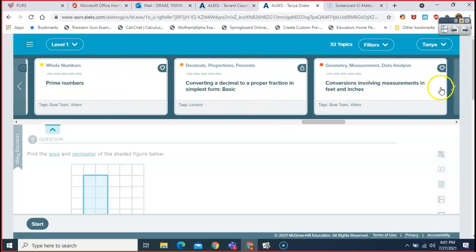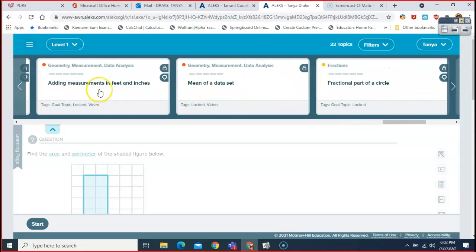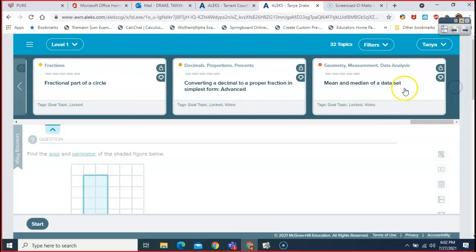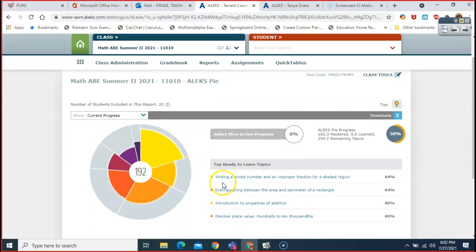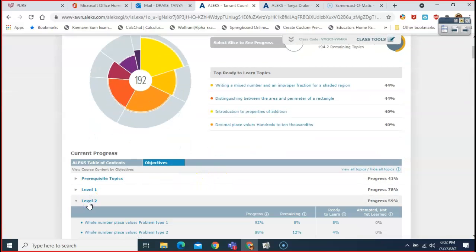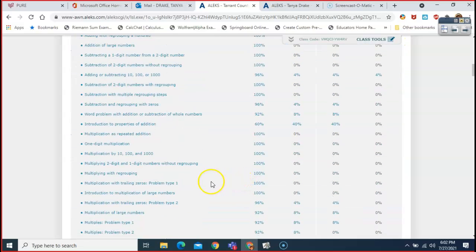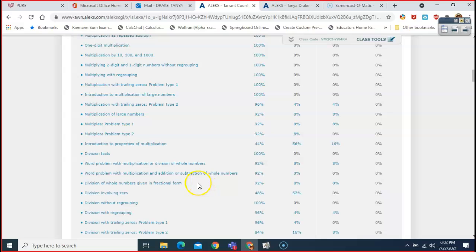I know it's in the geometry. Area. Nope. Okay, that's the end of it. So let me go to this one in level 2. See if I can find it here. So you said area of a